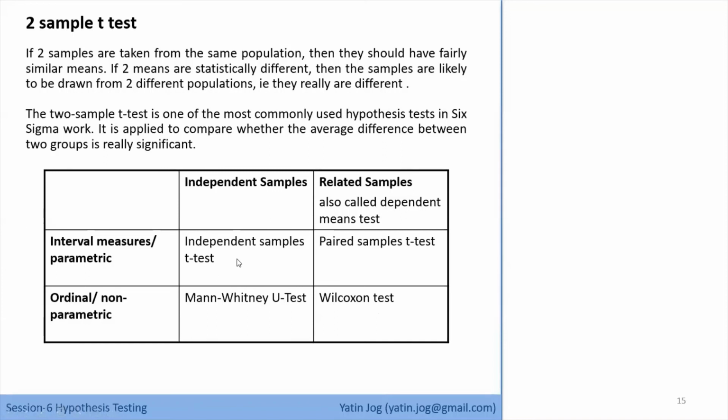But we are going to implement the independent sample t-test and paired sample t-test in this course, which are based on interval and ratio data. Whenever I say interval and ratio, we call them parametric measures. Whenever we say nominal or ordinal, we say it is non-parametric in nature. Now, what is the meaning of parametric and non-parametric? Parametric means parameters, the population parameters or the calculation. The statistics are known.